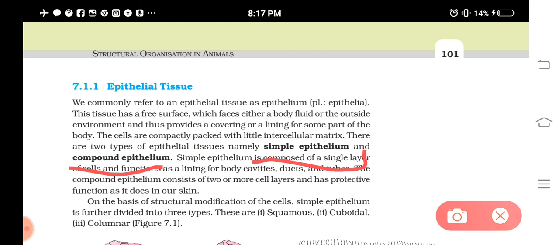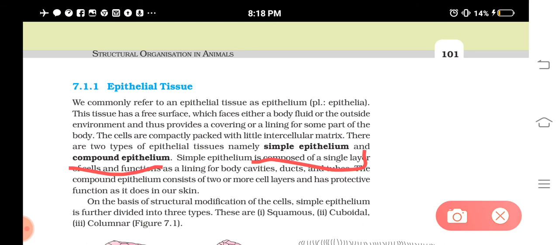Simple epithelium we can mainly find in the lining of our body cavities and ducts. Like what? The digestive system is a cavity, isn't it? It contains a cavity, so this cavity will be lined by simple epithelium. Understood? Then there are different types of epithelium, or the epithelial tissues are